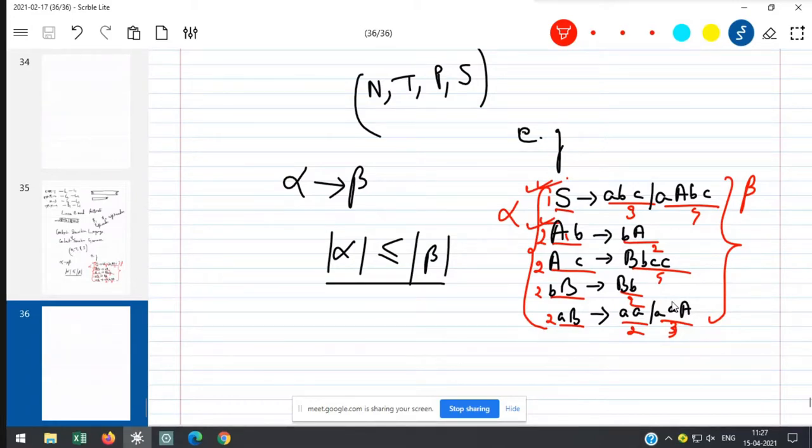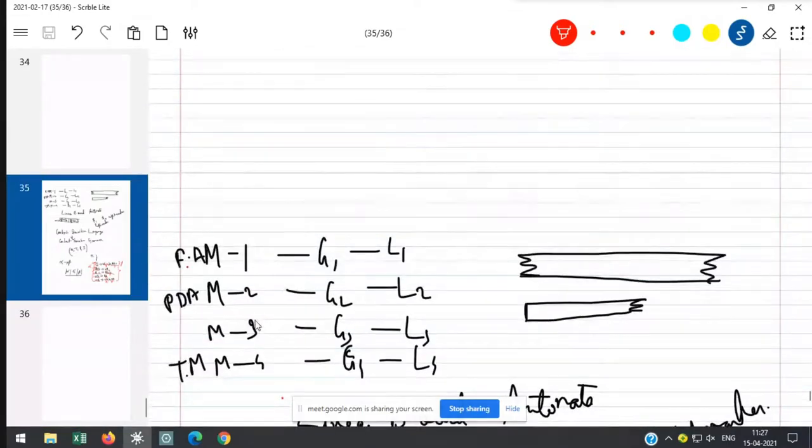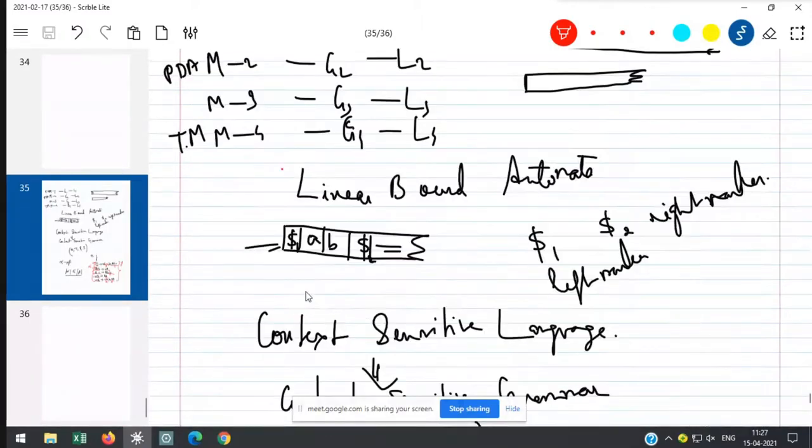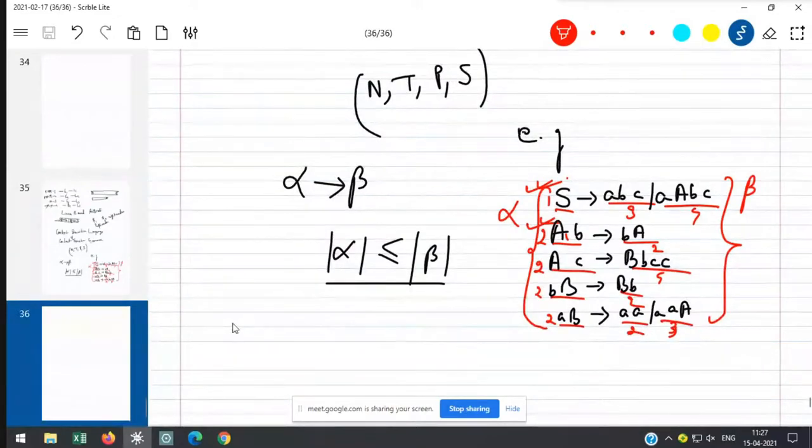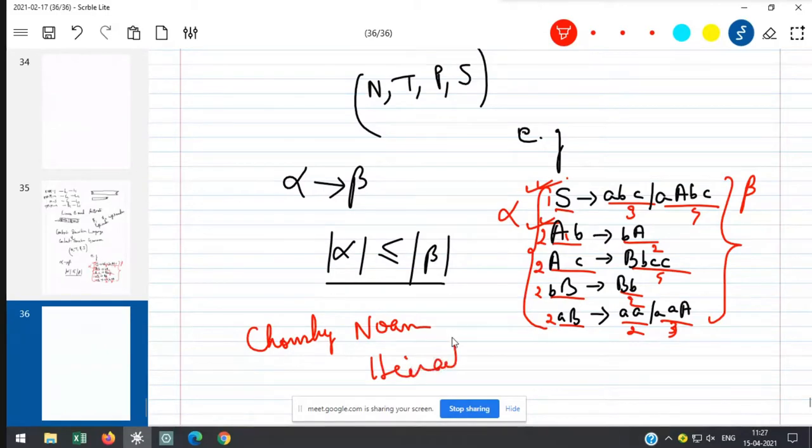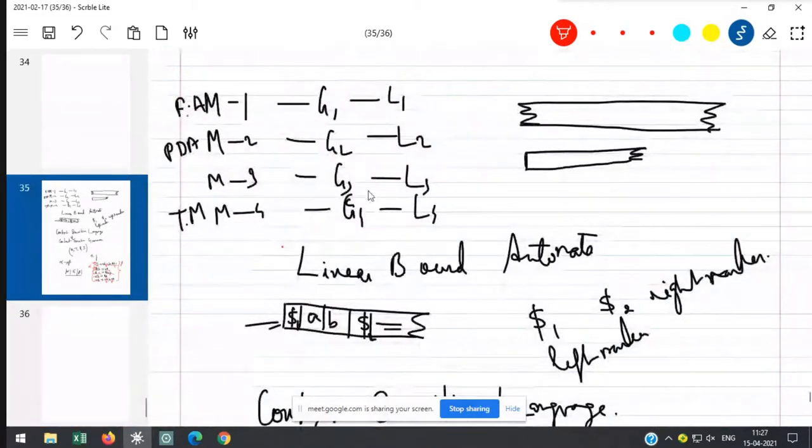All the grammars we have already discussed: for all four machines, we have seen four kinds of languages, and for all four kinds of languages, four kinds of grammar. There is a term known as the Chomsky hierarchy. As per this hierarchy, these grammars are classified. So please read those.